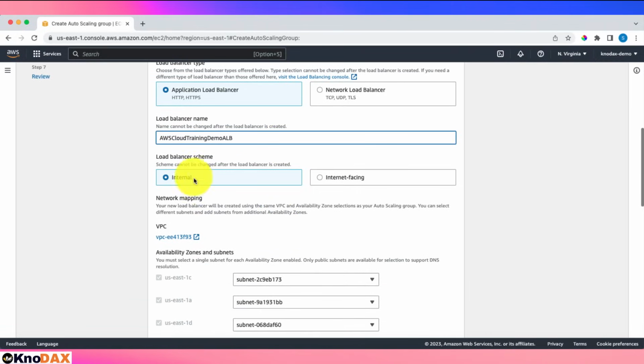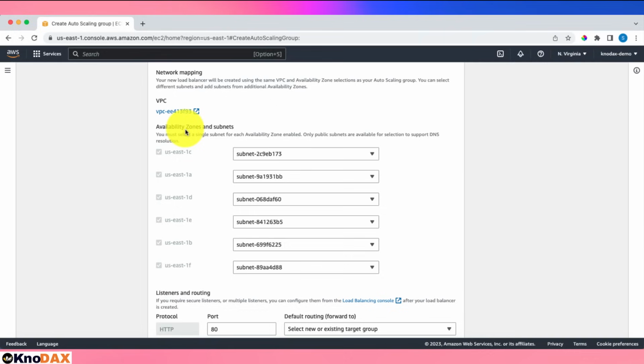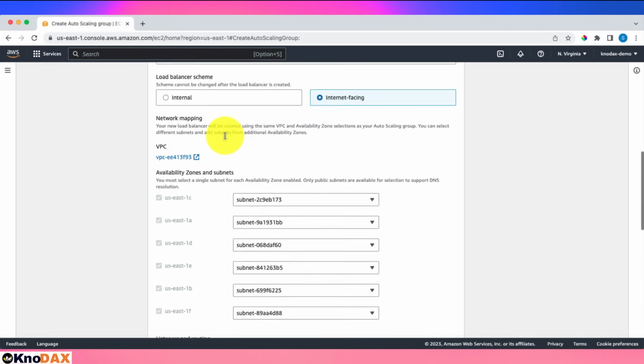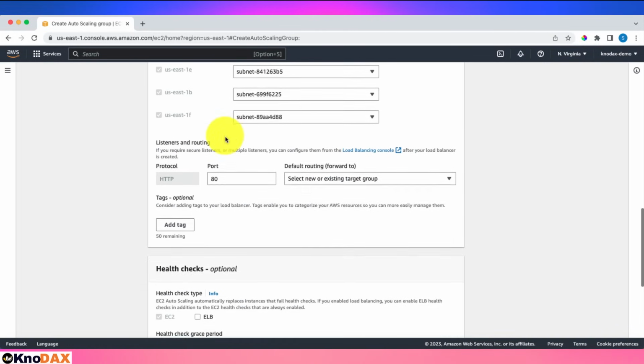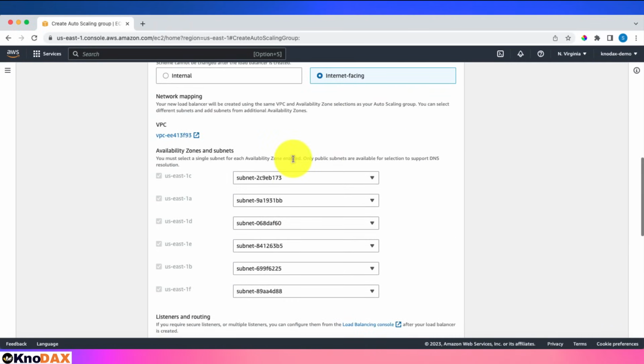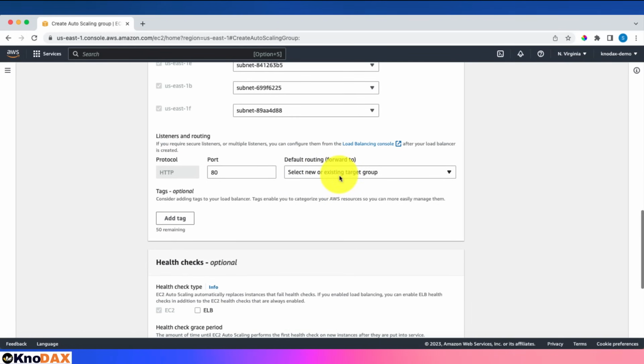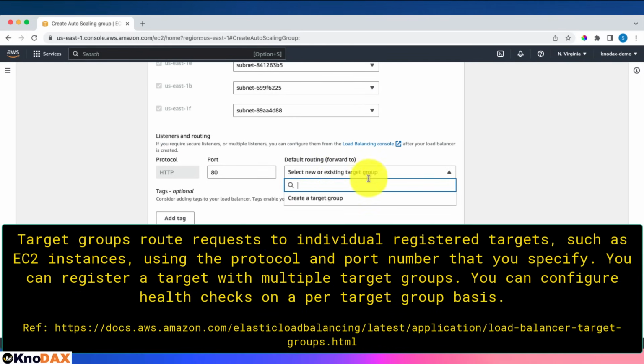For the load balancer scheme, we will select internet facing because we'll be testing it from the outside. And VPC is fine, default VPC, and these are all the availability zones and subnets we selected previously. Okay, and for the listener, port 80 is fine. This load balancer needs to forward traffic, right? So we need to assign here a target group, select your existing target group, but we don't have any target group here. So we'll select create target group,